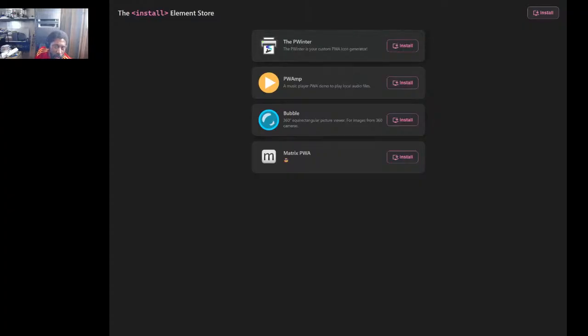These are also kind of cool too. Like this, it's called the Pointer, which is funny. It's your custom PWA icon generator. So you have icons. I don't know if you saw, on mine I had the WTI with the question mark. So I created that